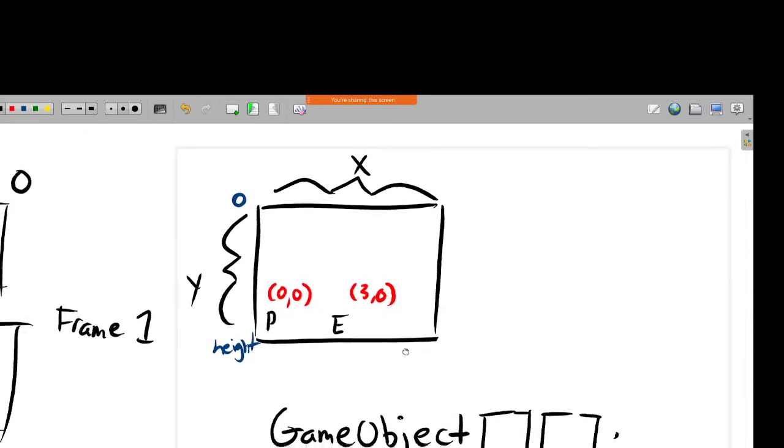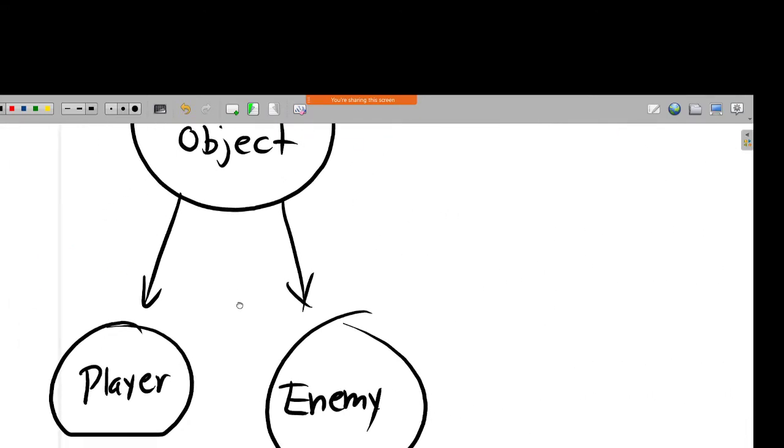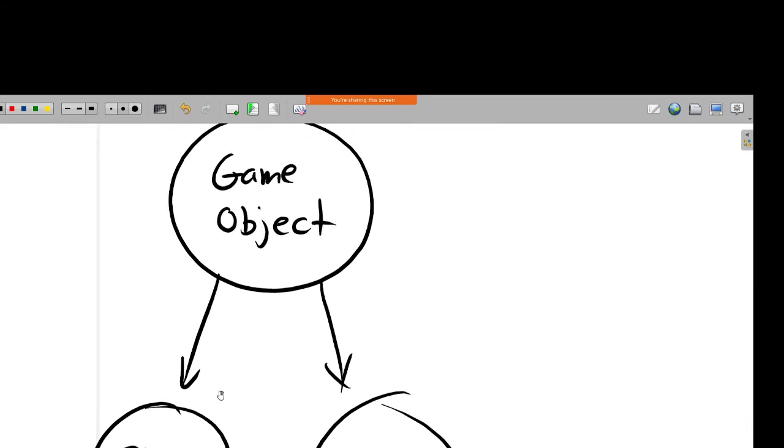Ideally, unless we get lag, so you get frame drops if that's the case. So these are all going to have, on top of having an ID and a position, which we're going to have another class for,